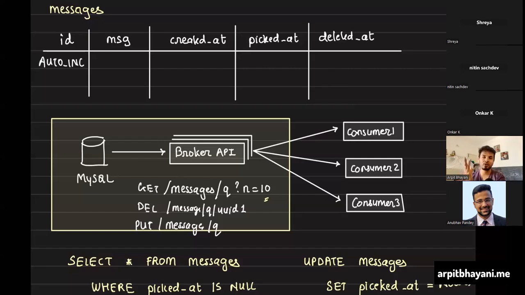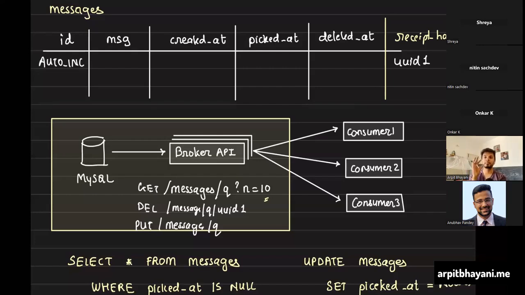You may think of a solution where each message records which consumer read it, and when that consumer fires a request, you check if it is the one who read it, and then it is allowed to delete it. Instead of that, a stateless approach is to add a receipt handle. Whenever a consumer is sent a message, along with that message you also send them a receipt handle, and to delete it, they just make an API call with this receipt handle. This way, you are ensuring that the consumer who has read the message is the one deleting the message.